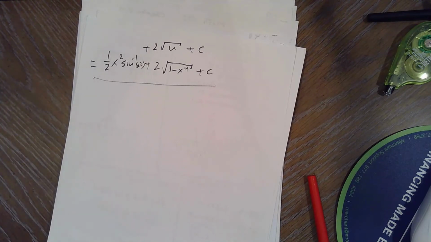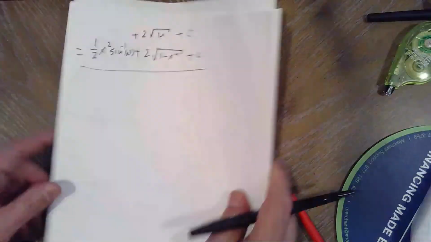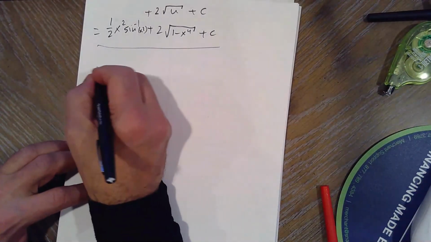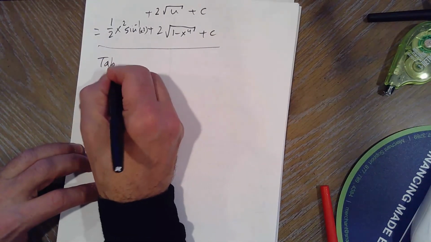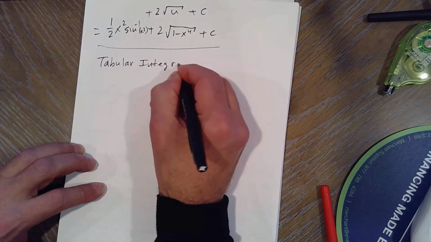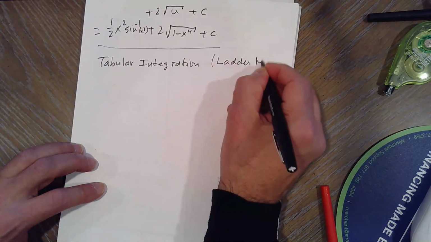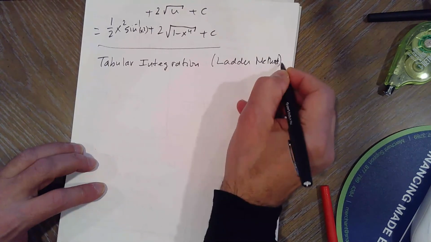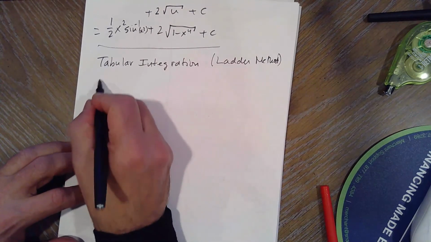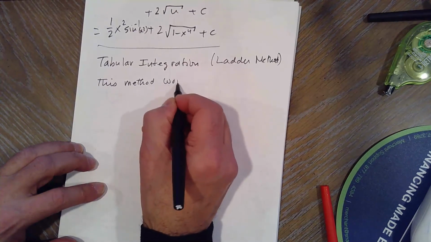Next, tabular integration. This is really neat. It saves you a lot of work, but it doesn't always work, of course. It works for certain functions. Tabular integration. It's called the ladder method. This method works well